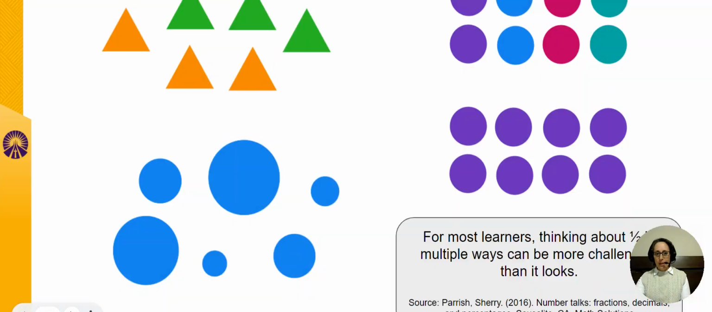So what that might look like is changing what the sets look like. Of course you could change quantities, but you might also change so that there are multiple colors. What would half look like? Different shapes, different arrangements, different sizes. And so students need to be able to recognize that 1/2 can be any of the parts that equal 1/2